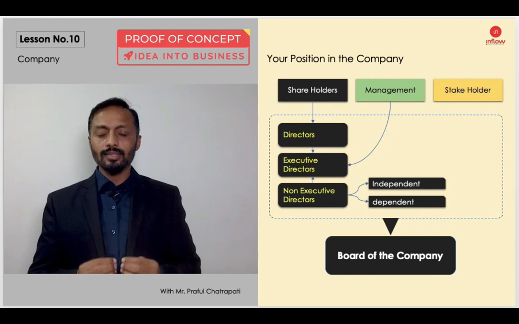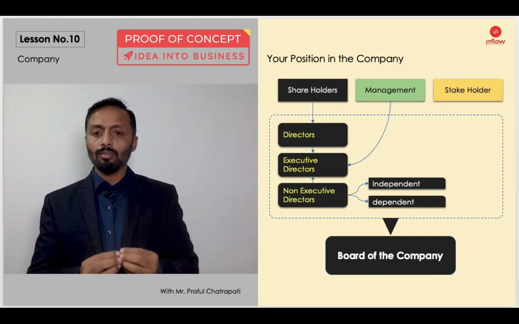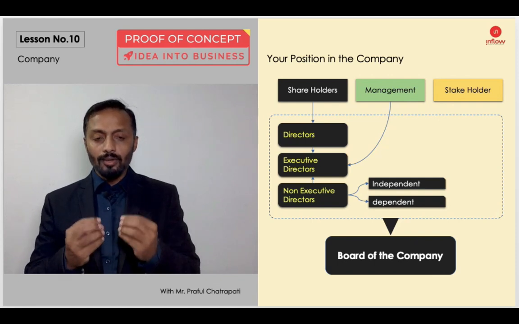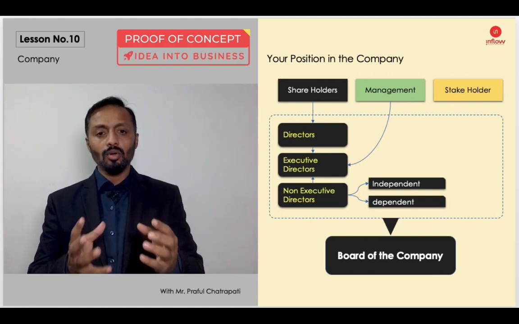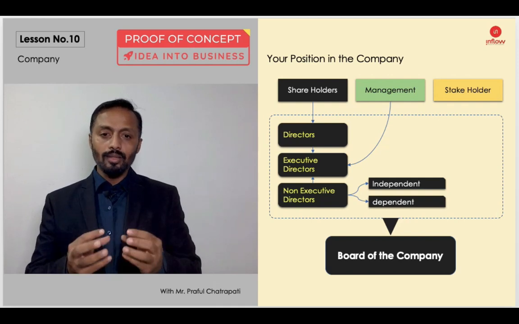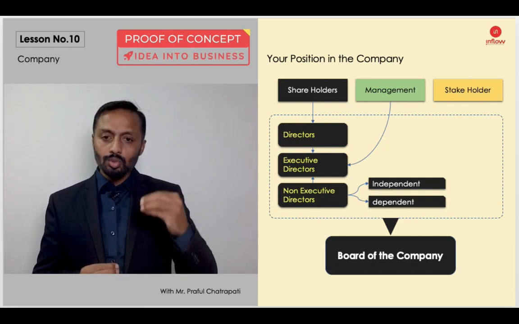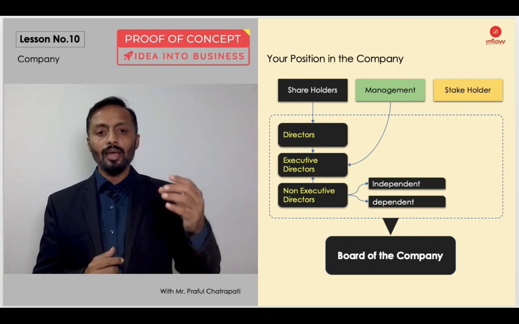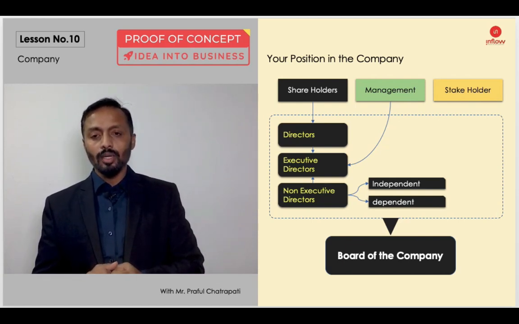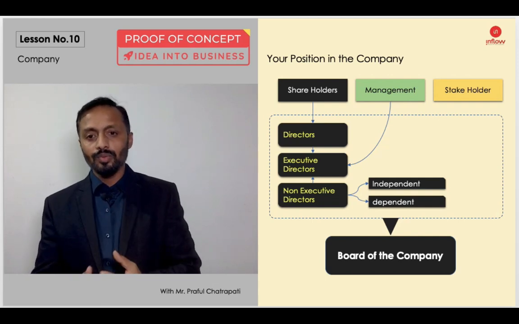And third is a non-executive director, where you may be involved only in decision making, as a part of the board, but you are not involved in the execution of all this business. You are not directly involved, but only on the board you are a decision maker. In the non-executive director category there are also two options, because you can bring any other director onto the board, even if they are not a shareholder of the company and have nothing to do with your company.